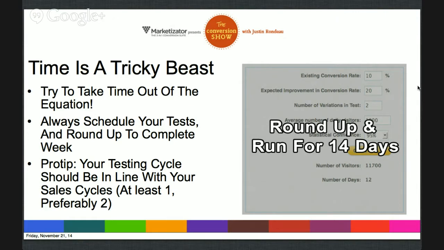I can't stress that enough. And the pro tip here is when you're testing, your cycle should be in line with your sales cycle. Different conversion experts will push for at least 2 sales cycles to maintain validity. But sometimes at businesses you have to be a bit more pragmatic, which we are. We're not a research institution in some regards, as much as we'd like to be. So find something that works for you at your org, but really do follow that complete the week